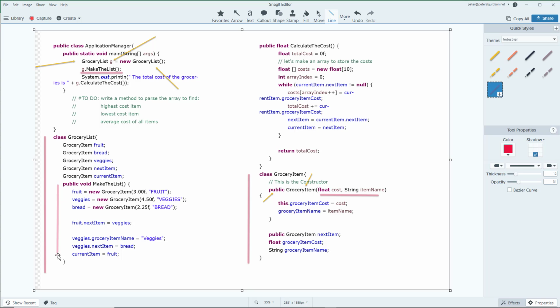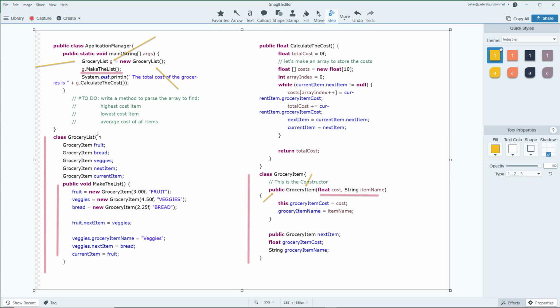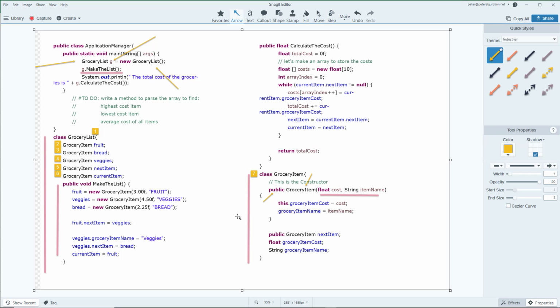And the way this works now, this is a linked list. So the way a linked list works is you see here, I have a class called grocery list, and I'm making some grocery items, because that's what we put in a grocery list usually. And over here we have grocery item. Now here's the thing that makes it to be a linked list. Pay careful attention. You can watch the video a couple of times if you need to. Within our grocery item class,